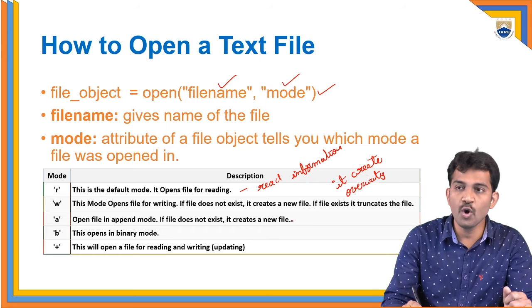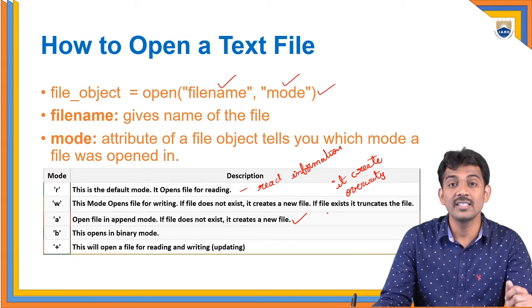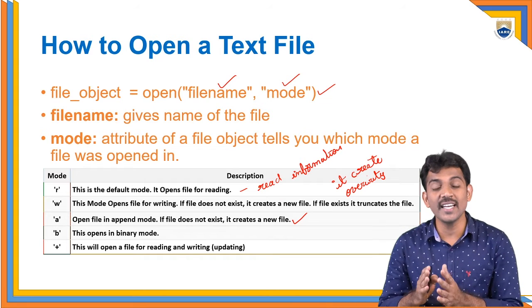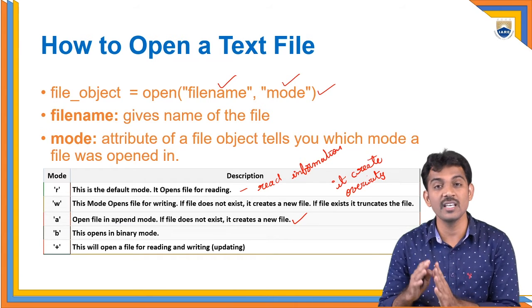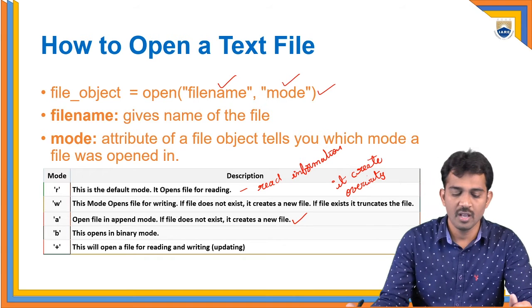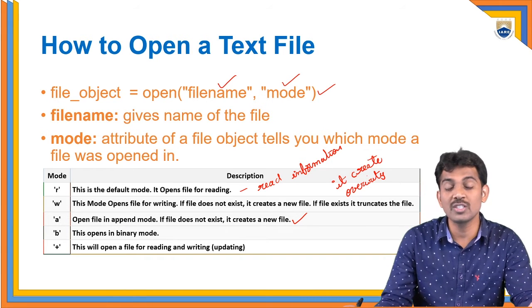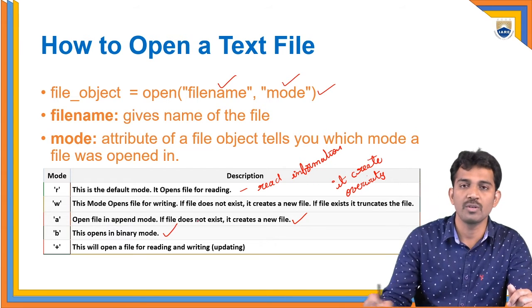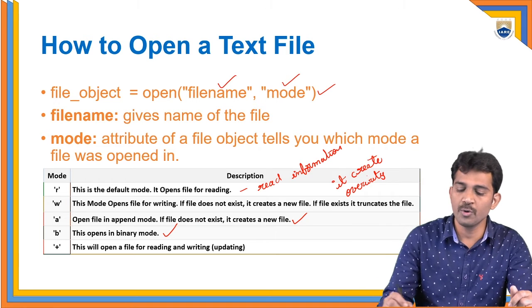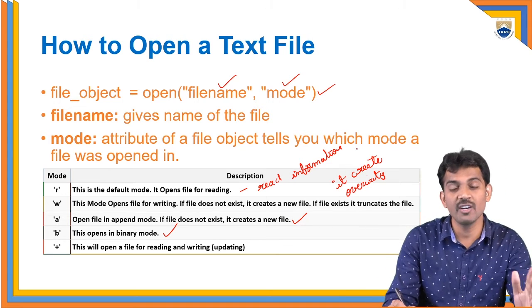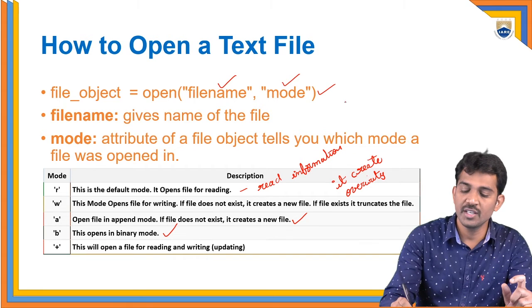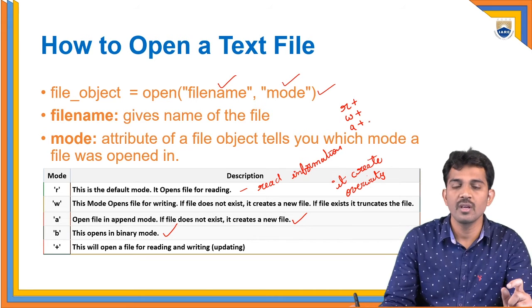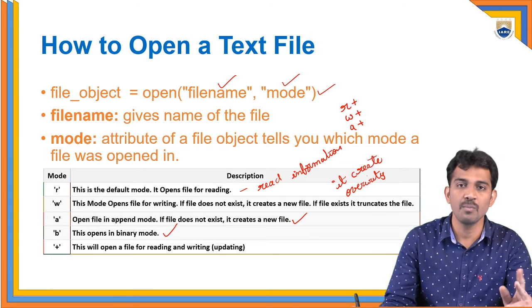Coming to the append mode. If you open a file in the append mode, then you can add data at the end of the file, meaning your cursor is placed at the end position. We'll see one by one, right? Next, binary mode. If you want to store data in binary format for security purposes, then you can use the B mode, binary mode. Then the plus mode. If you want to apply both reading and writing at the same time on the same file, then you should use R plus, W plus, or append plus. By using the plus operator, you are going to perform both reading as well as writing.